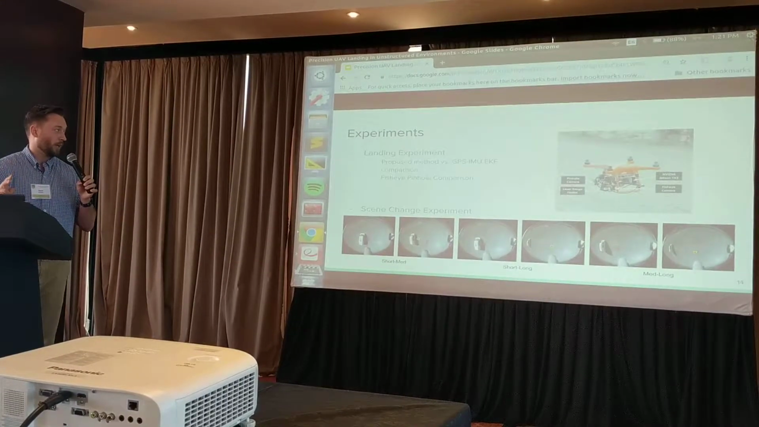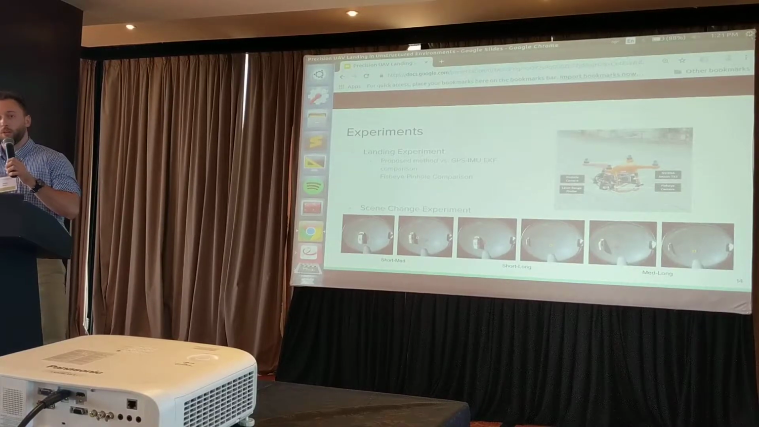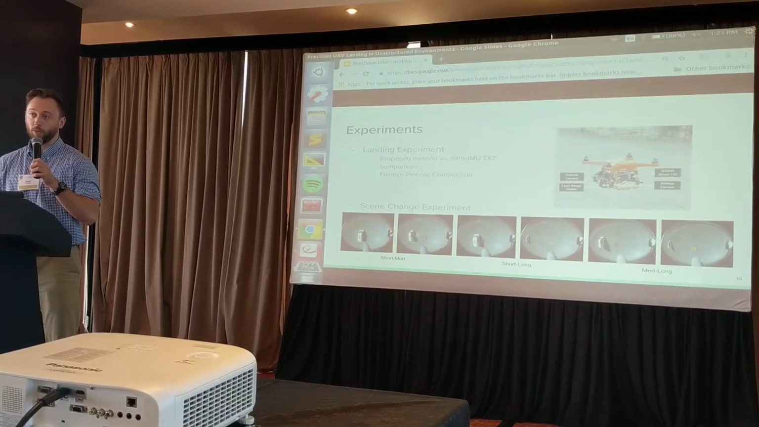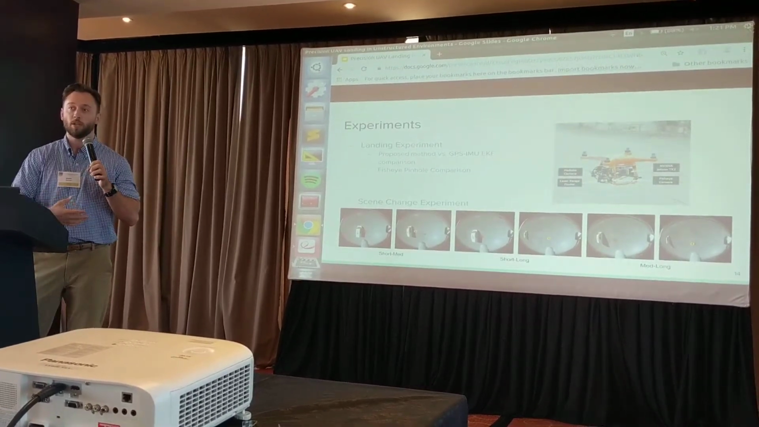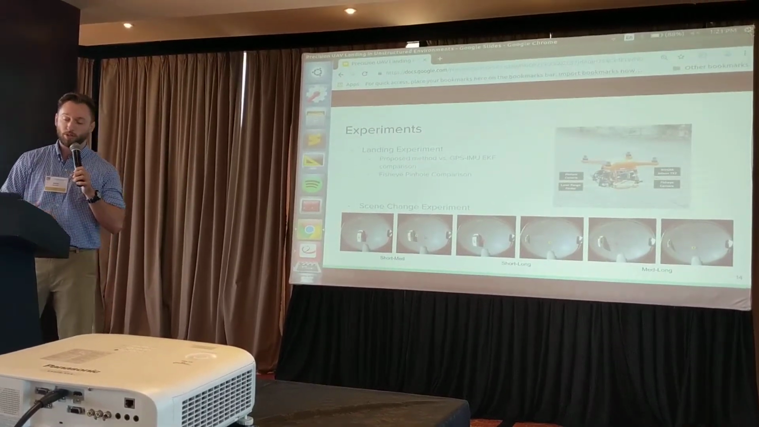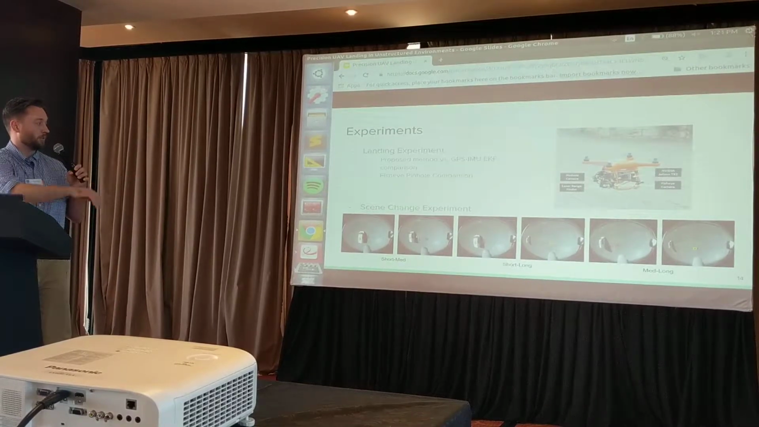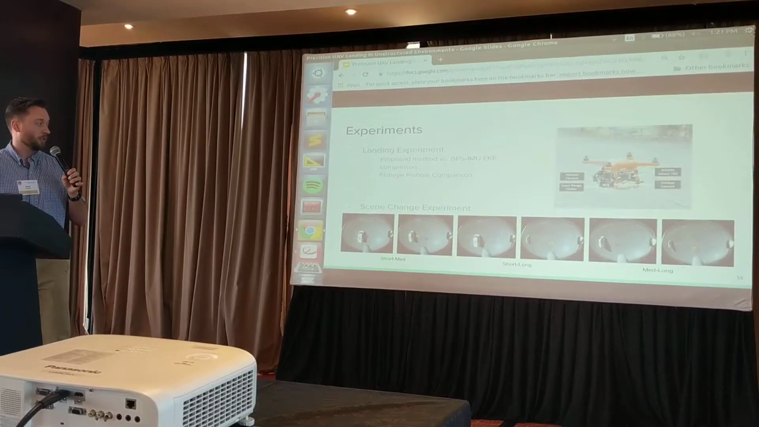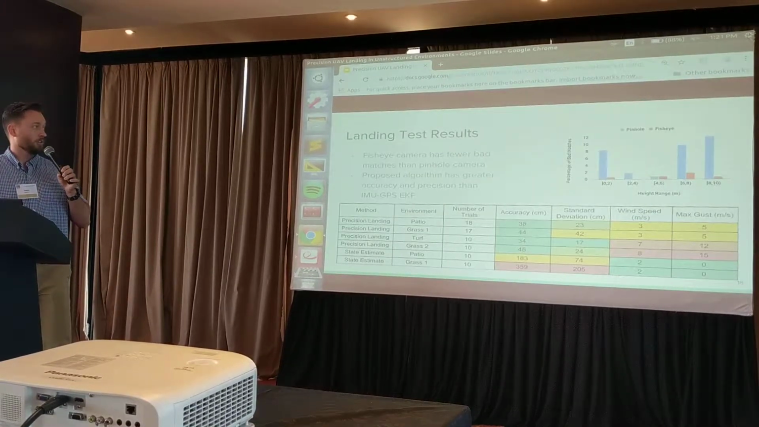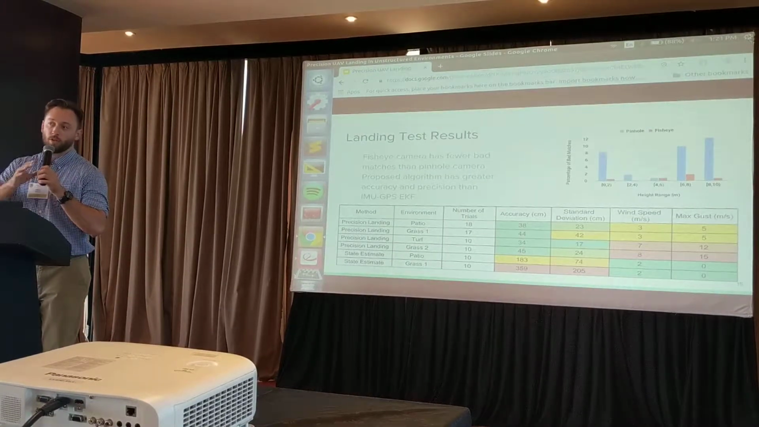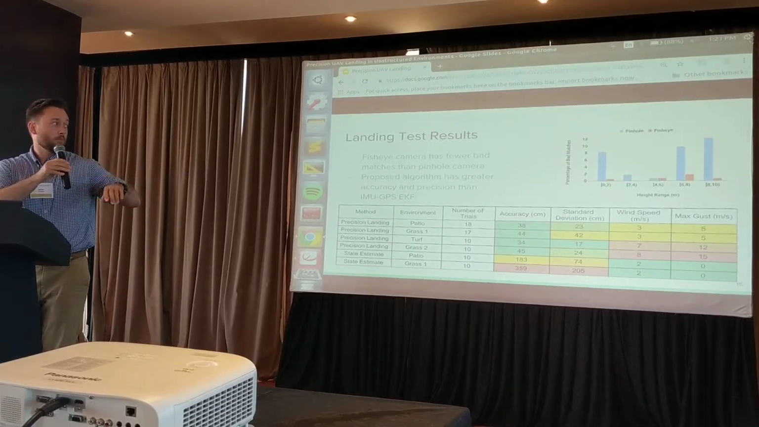The second experiment we ran was a scene change experiment. Although we do assume that our scene does not change very much, we were curious to see how robust it was to major features being moved in the image or removed from the image. We ran 3 particular trials, and I'll explain that once I get to that slide. So for the landing test results, first,